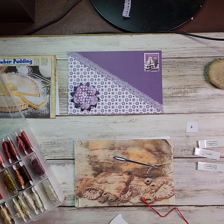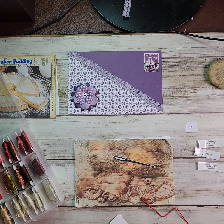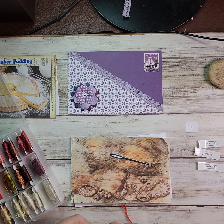So what I've done is I've got some double-sided tape here, and I'm going to put this on my card. In fact, I've got 2 rolls. Oops, a daisy. So I take a piece of this. Pop that on the back. And then we'll wind the fabric round, the thread round, should I say,